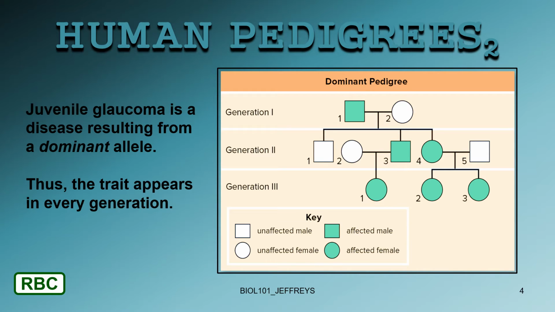Now this says dominant pedigree up here. This represents juvenile glaucoma. It's a disease resulting from a dominant allele. Dominant means that you're going to see the allele expressed in every generation. Okay. Now, when we think just generally about pedigrees, these squares represent males. The circles represent females. If the square is filled in, that means that particular individual is expressing the allele,